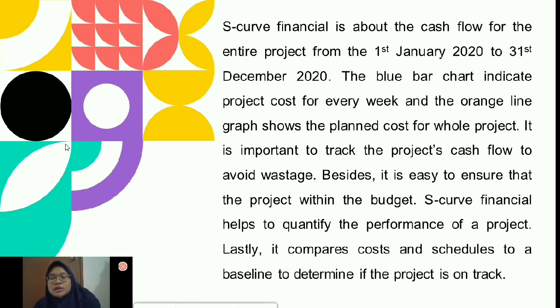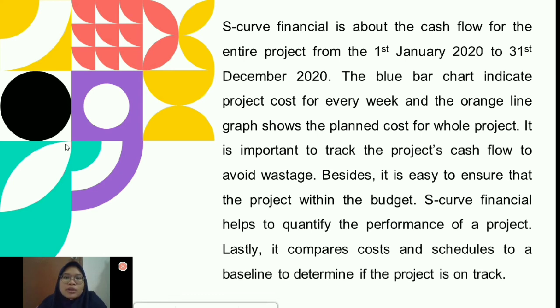So, S-curve financial helps to quantify the performance of a project, as it compares cost and schedule to a baseline to determine if the project is on track. Every project has its baseline, so we can compare the cost and schedule to the baseline in order to keep the project on track.